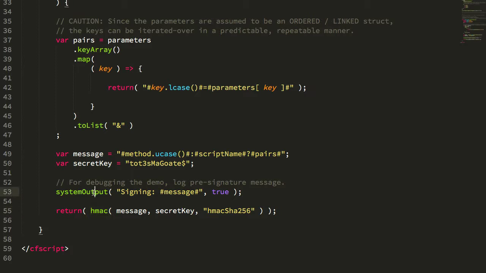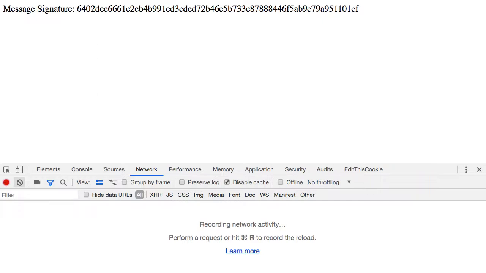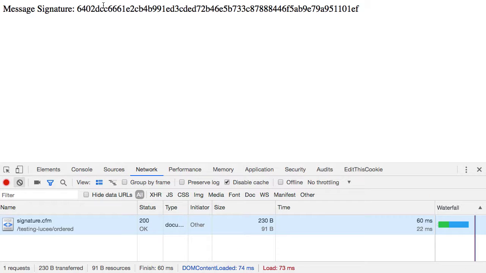And what I'm going to do is output to the logs a pre-signature message to see what's being signed. And if we jump over here and we run this, you can see that we get the hex encoded message signature. But if we jump over into the